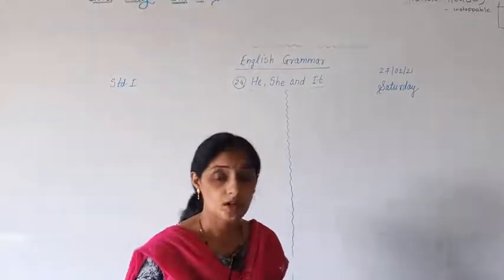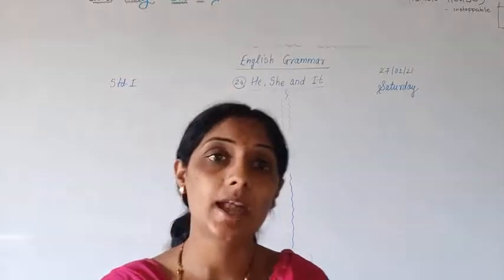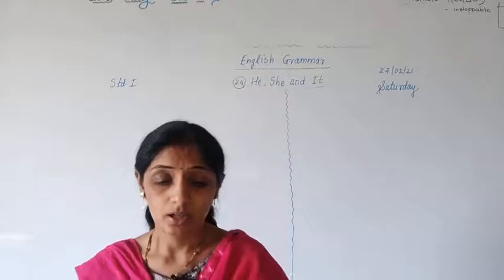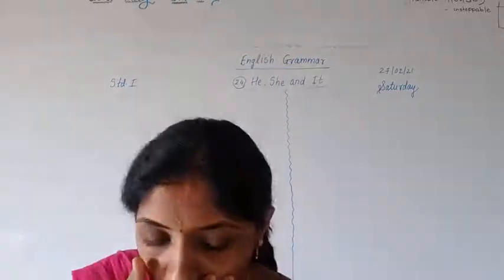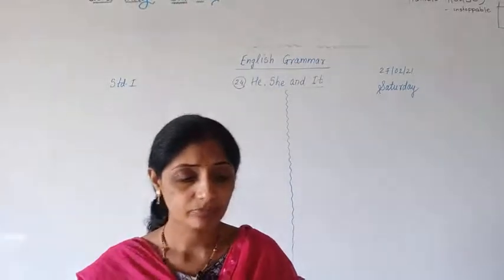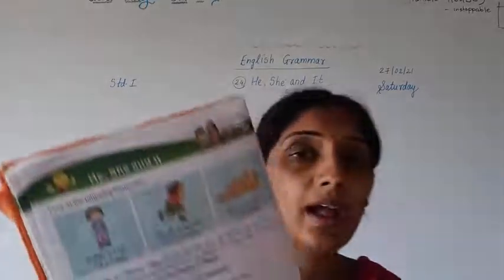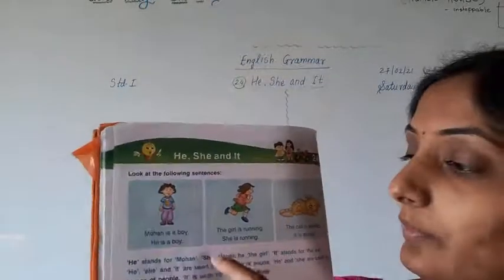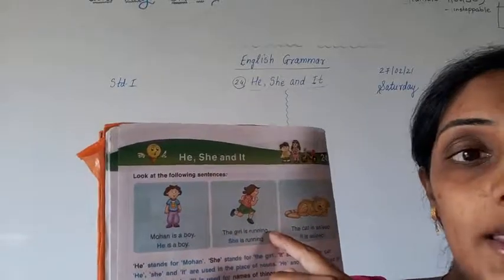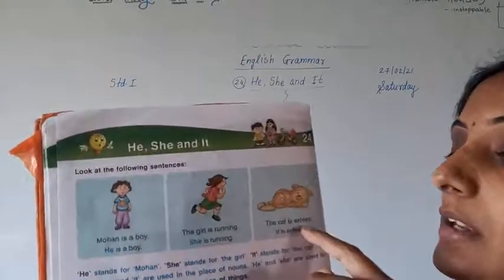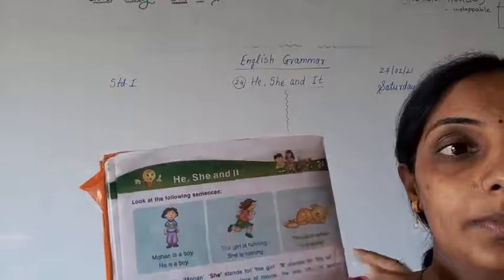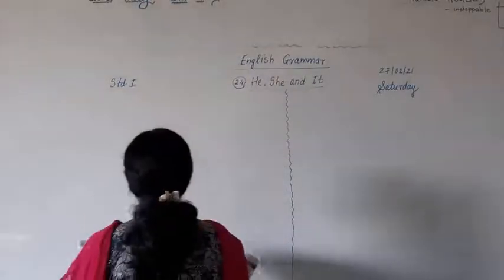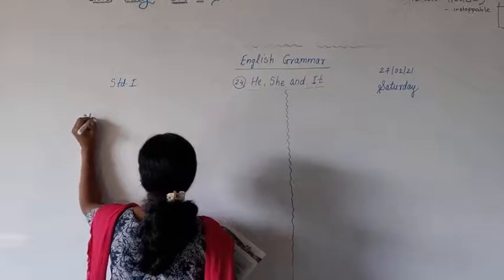Today we are going to start with a new lesson: he, she and it. What is there in this lesson? He, she and it. Here it is told that look at the pictures. Mohan is a boy. The girl is running. The cat is asleep. Okay. 3 examples are given. What is given? 3 examples are given. Mohan